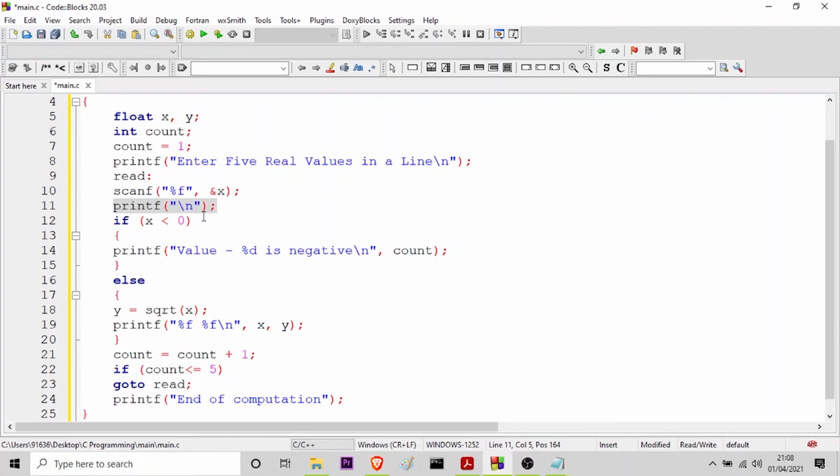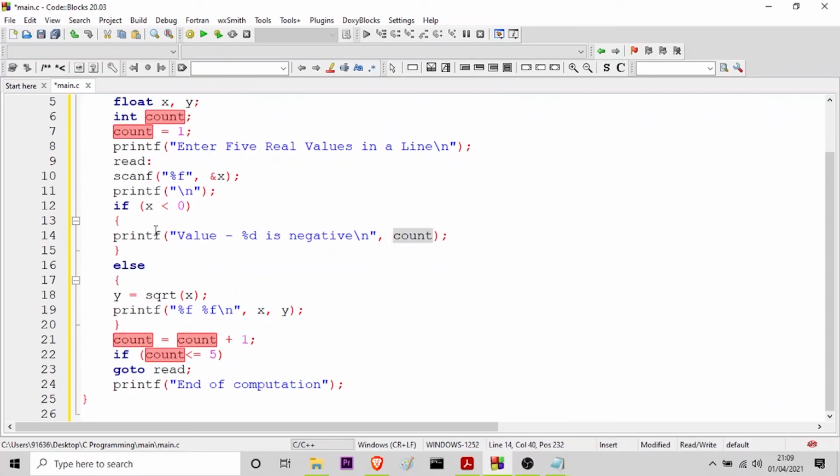And here, if I find that the value of x is less than 0, then I am telling that the value is negative, and then I am showing the value of count as well. You can see here.